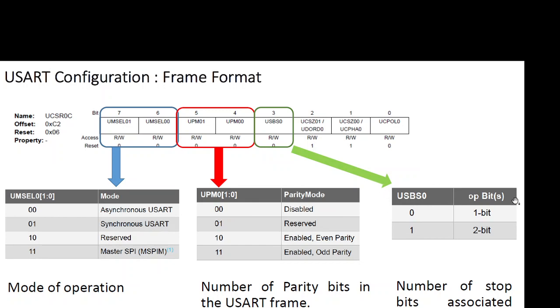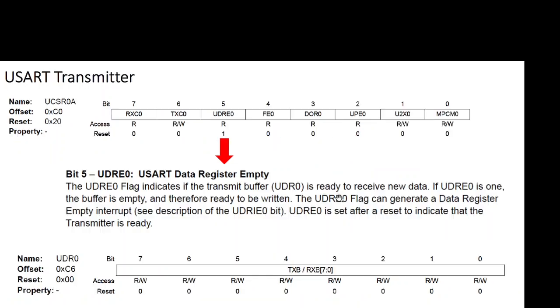And the number of stop bits. Stop bits can be 1 stop bit or 2 stop bits in this particular case. So the USBS0 bit is 0 if we are using 1 stop bit, and that bit is 1 if we are to use 2 stop bits. Here I am using only 1 stop bit, because of that I am making this 0. So once we configure everything,